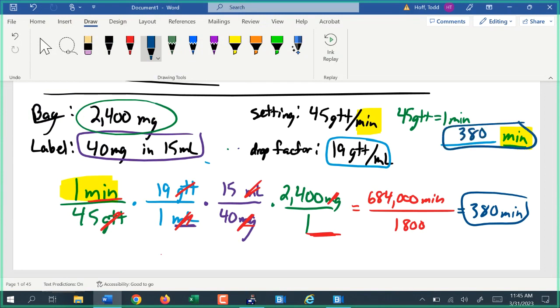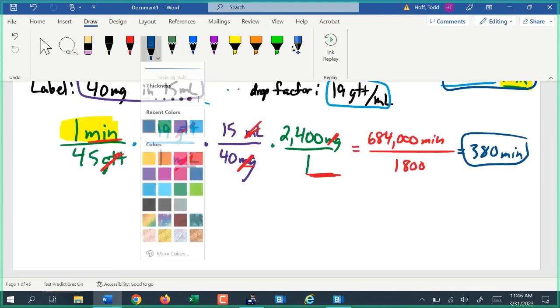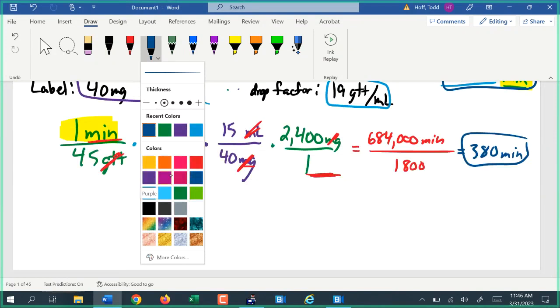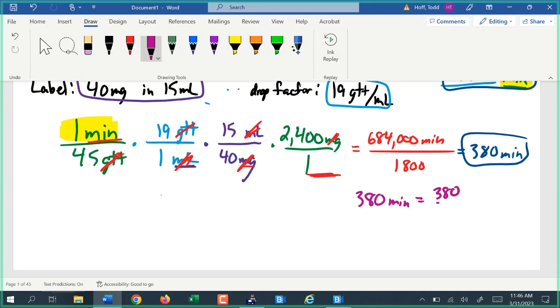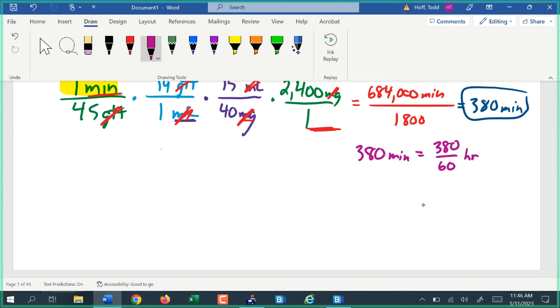To be practical, we would probably convert that into hours and minutes. To do that, it's easiest for me at least to use a fractional approach. 380 minutes is equivalent to 380 60ths of an hour. So it's saying we take 60 minutes in an hour, we just divide by 60. And to turn that then into